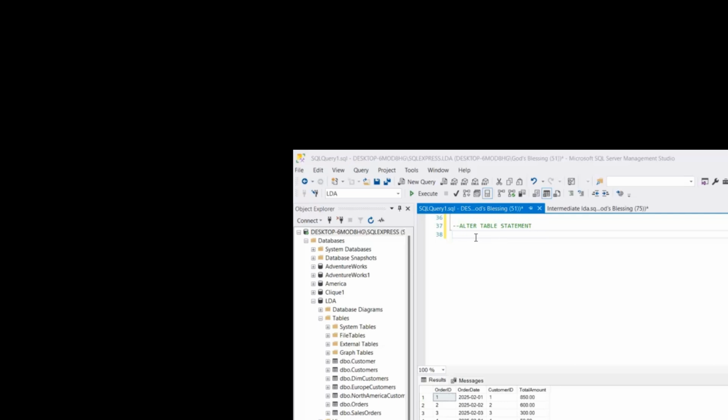And in today's video, we'll be looking at the alter table statement. So what is this alter table statement used for? It is used to add, delete or modify columns in an already existing table. You can also use it to add or drop various constraints on an existing table. So the first one we'll be looking at is how you can use this alter statement to add columns to